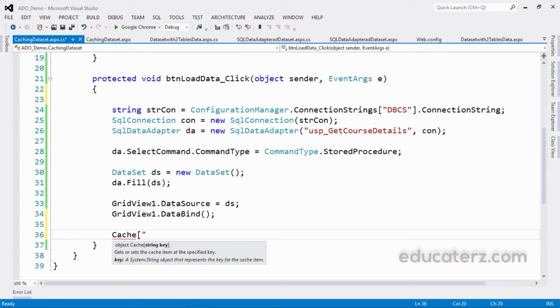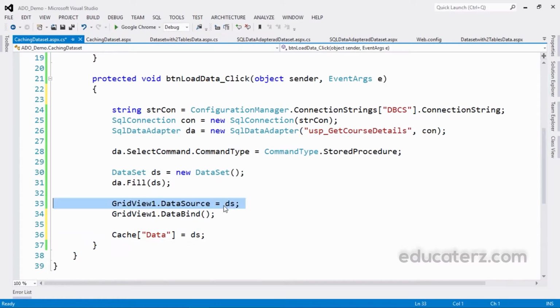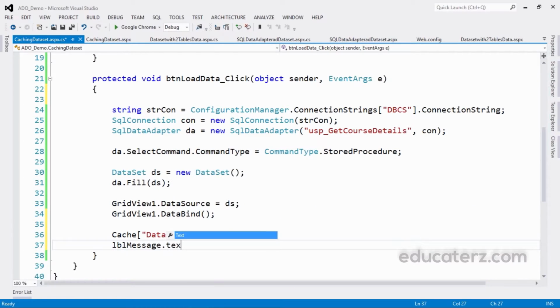I'm making a key, say "data", is equal to ds. I'm keeping that ds in a cache after I fill this data set. Then the grid view's message text is equal to "Data loaded from the database." For the very first time it will be loaded from the database.